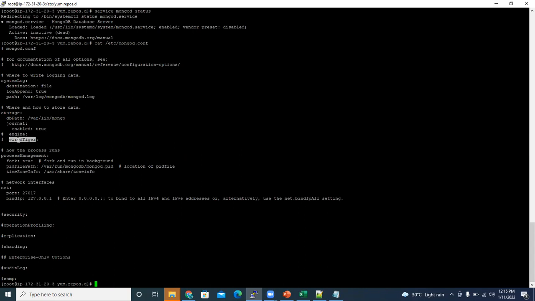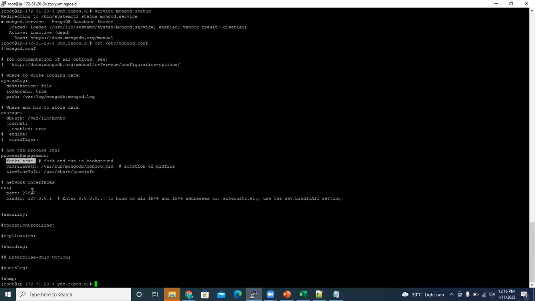Okay. And the PID file is the process ID. Whatever the database, whatever application you run, it will have some kind of PID. Okay, process ID file. By default, it will be in /var/run/mongodb something, and the time zone info it will show somewhere. And fork equal to true is the option to run the database in the background. Okay, I'll show you an example for fork equal to true.